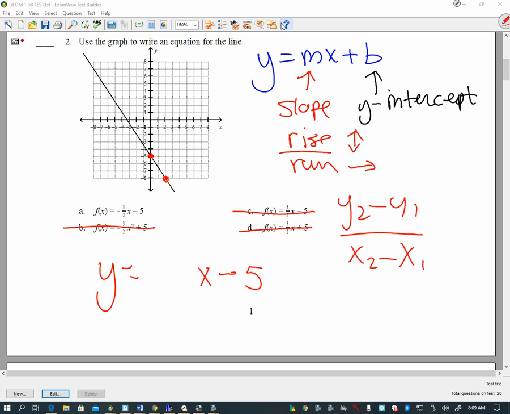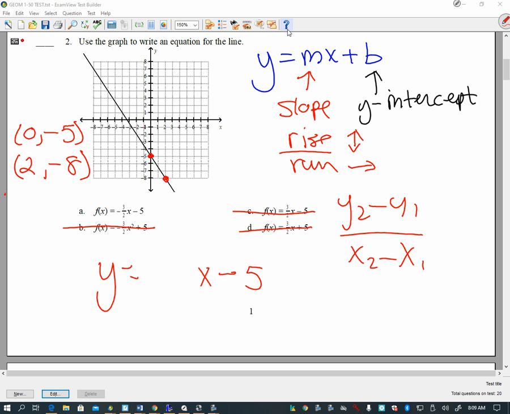What would the coordinates of the y-intercept be? What would the coordinates of the y-intercept be? How far to the left or right am I going on the y-intercept? 0. So it is 0 what? -5. Okay. And what is the coordinates of the other point that we plotted? 2, -8. Okay. So you could plug those in, or from here, what can we do?